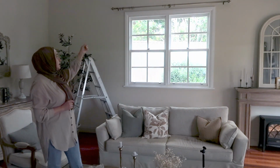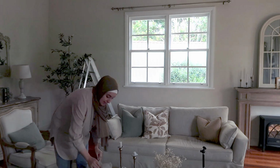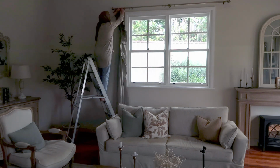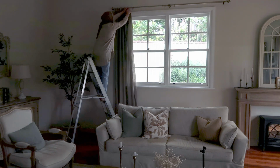I've just put up the curtain rods and put on the curtain rings, and now I'm just going to go ahead and hang them up. Hopefully it turns out how I want them, but yeah, stay tuned. Hey guys, we are back. So I went ahead and experimented and hung up the curtains and all of that,